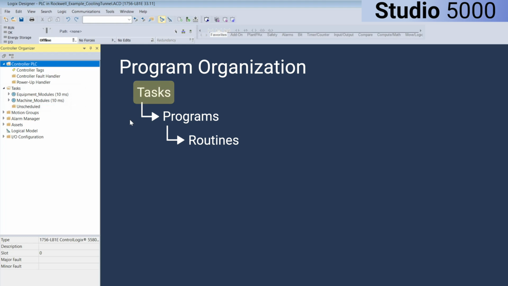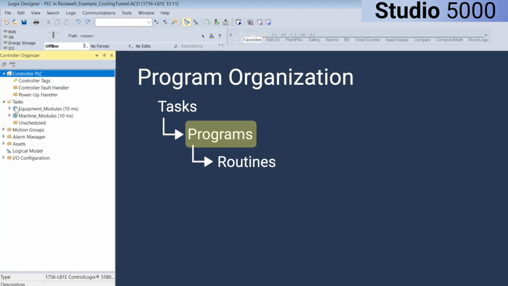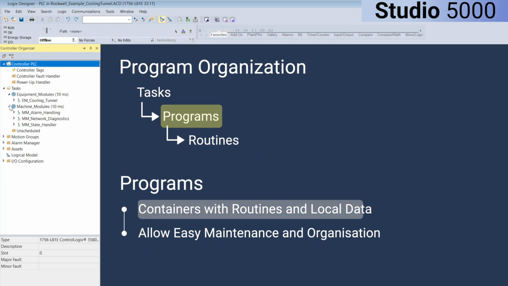Inside each task, you can have multiple programs. In this example, the equipment modules task includes a program for a cooling tunnel, while the machine modules task contains programs for alarm handling, network diagnostics, and a machine state handler. Programs are essentially containers that hold routines and local data, allowing you to break logic into distinct sections for easier